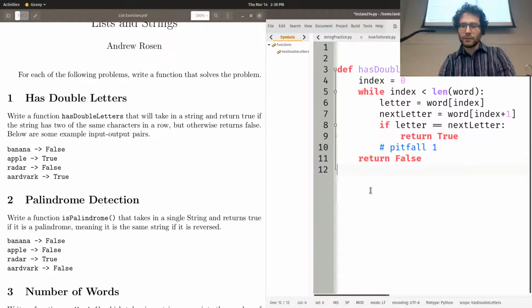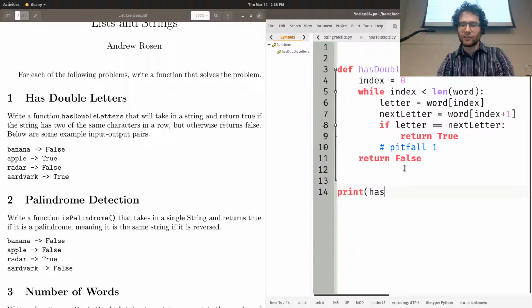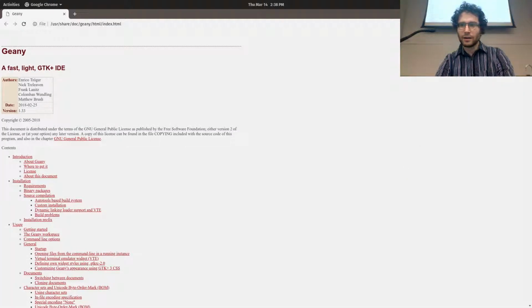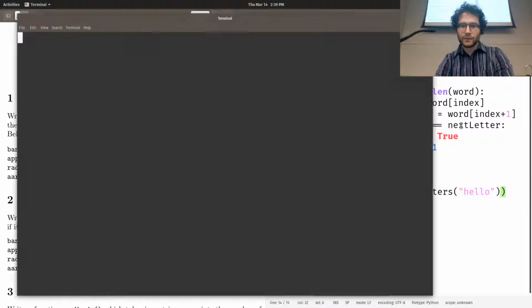And what I'm going to do is run it now. So print, and I'm printing this because I'm returning these values as opposed to printing them out. Has double letters, and I'm not going to bother taking input from the user. I'm just going to check it. Hello, right? Hello has double letters. So that will,